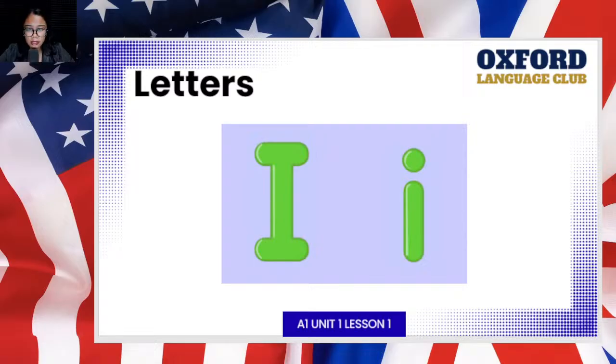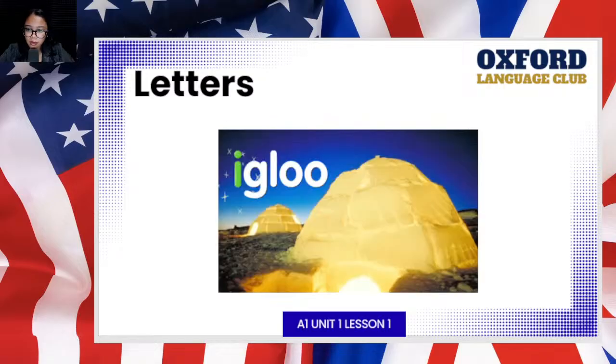It starts with letter I. Okay, that is an igloo. So this is a house made of ice, as you can see in the picture. Again, the word is igloo. What is our letter again? Letter I. How do we pronounce it? E. What is our word? Igloo. Okay? Next, we have,